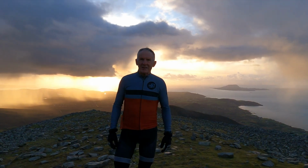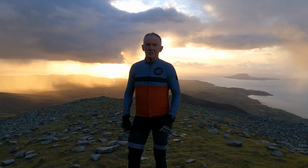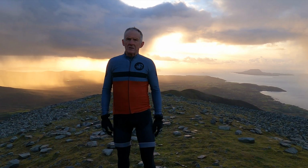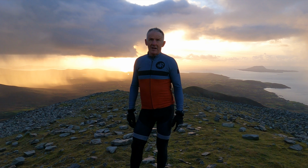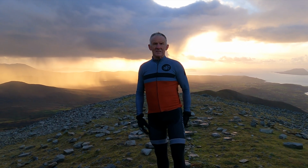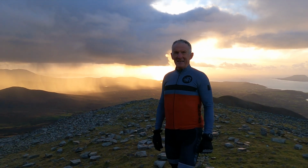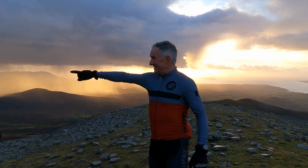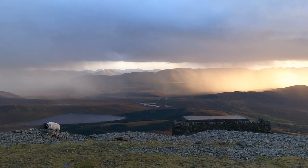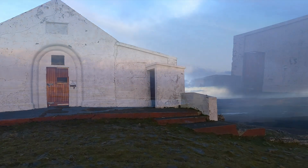We're at the top of Croagh Patrick, a place of spiritual inspiration for about 6,000 years. In 441, St. Patrick came here at the start of Lent and fasted for 40 days and 40 nights. During his stay here, he was supposed to have been tormented by a female snake called Croagh, and he banished Croagh down to that lake down there, which is called Lough na Croagh. Over here is the church, which was built in